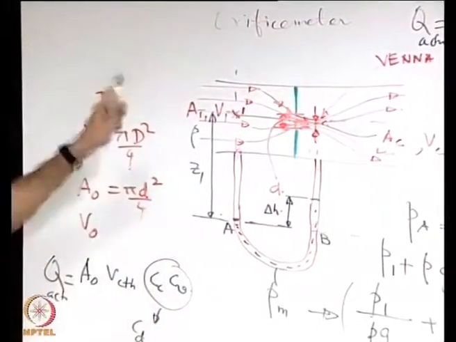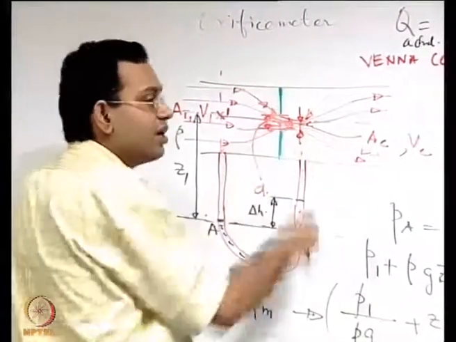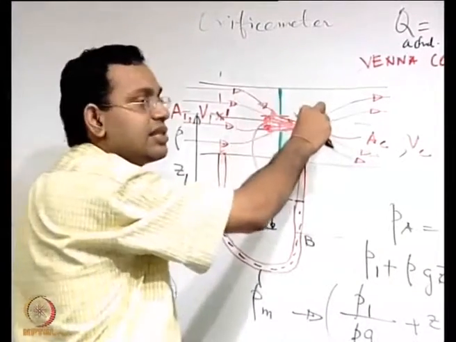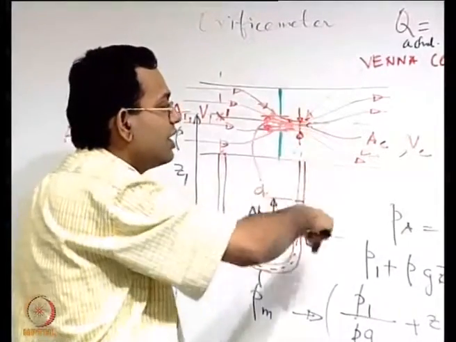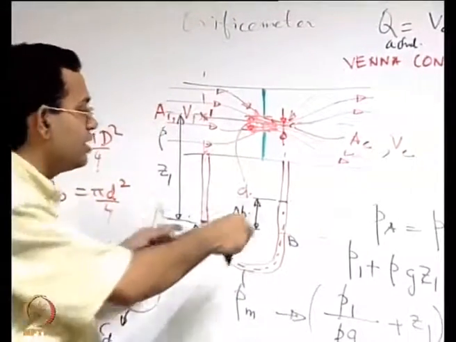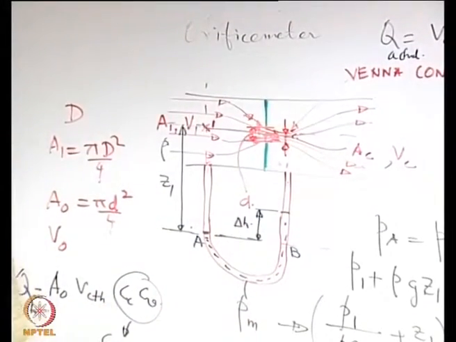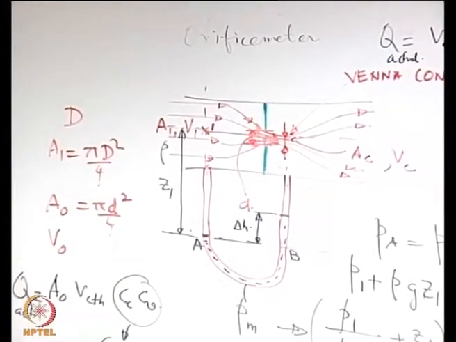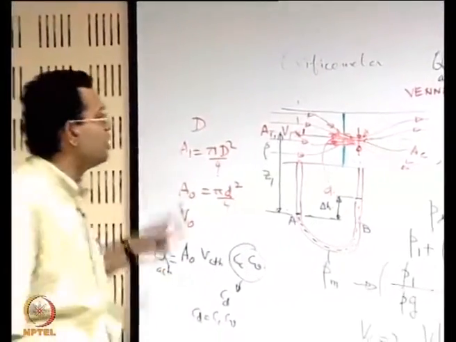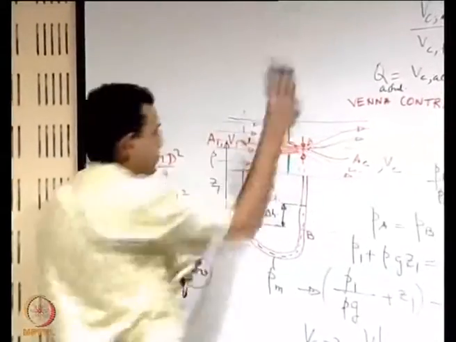So this type of device is known as an orifice meter, and this plate with a hole is called an orifice plate. The whole objective is to reduce the cross section area so that the velocity is increased and the piezometric head is reduced, and the reduction in piezometric head is measured through a manometer. So, same principle as that of a Venturi meter, but a much less accurate one. In reality there is some device which is in between, that is called a flow nozzle. So, what is a flow nozzle?